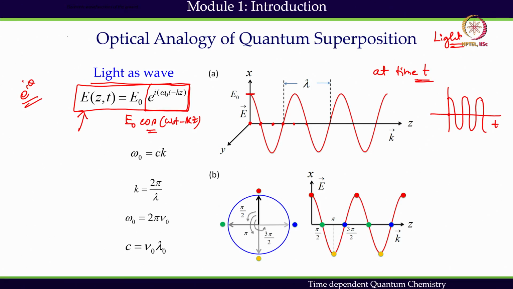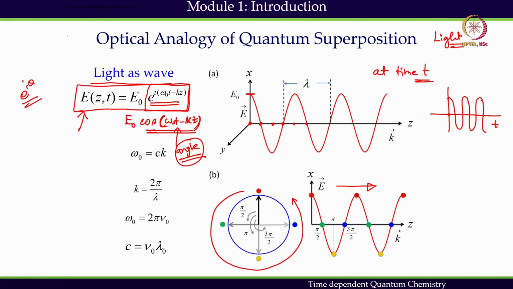Now when something is propagating, there is a very easy way to consider e to the power. This phase factor is nothing but cos omega t, and within the cosine bracket everything should be an angle. This is going to be an angle. So when an electromagnetic wave is propagating in linear space, we can represent its propagation in a circular dial. That can be used, and that's the way this phase angle will be defined.